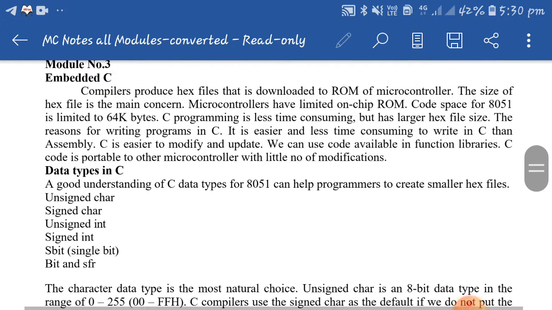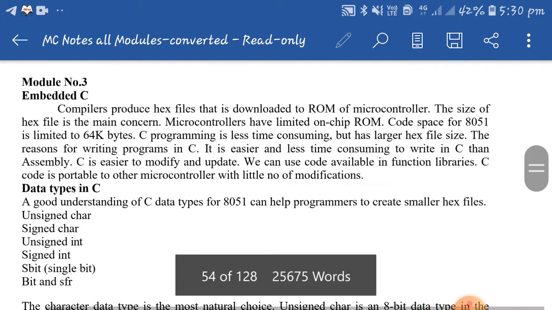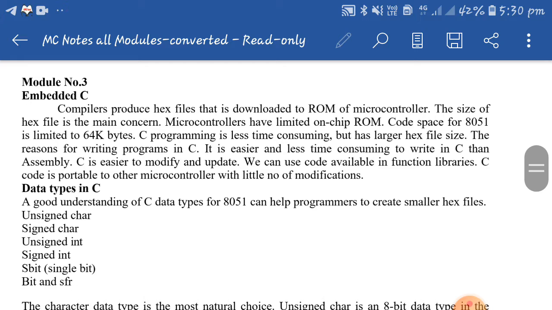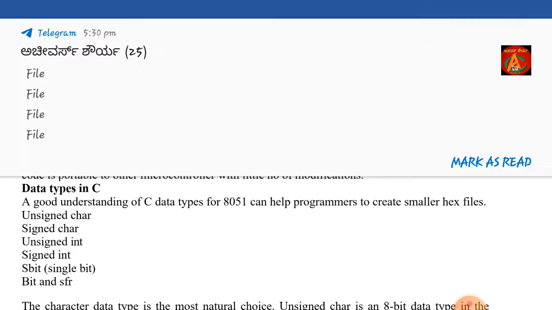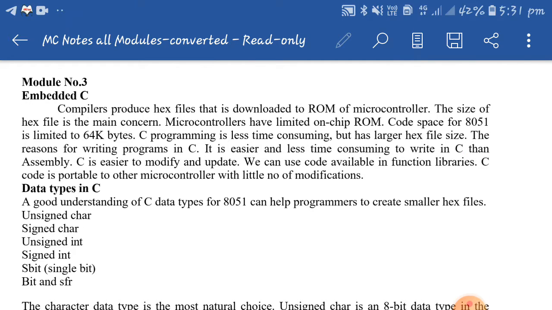Before seeing the data types, first see why you need to write the program in C. Instead of writing the program in assembly language, writing it in C is much easier and less time consuming compared to assembly level language, and it is easier to modify and update.